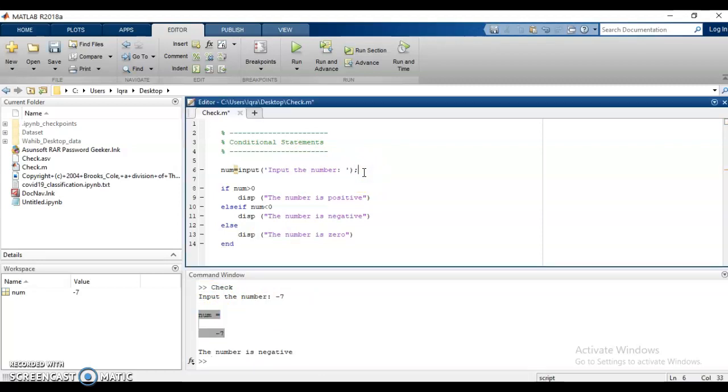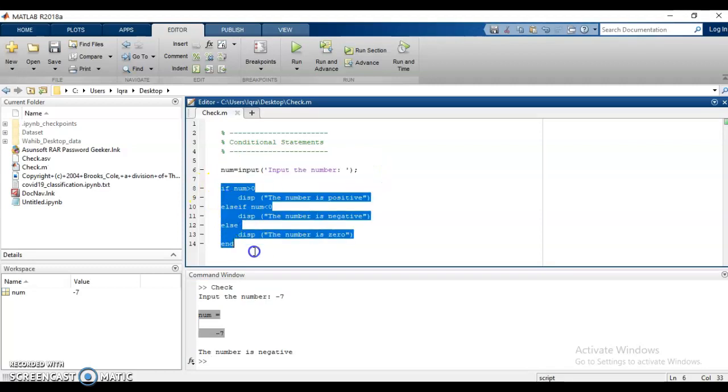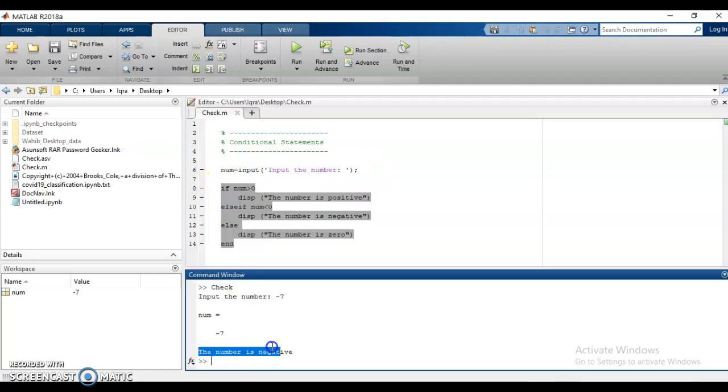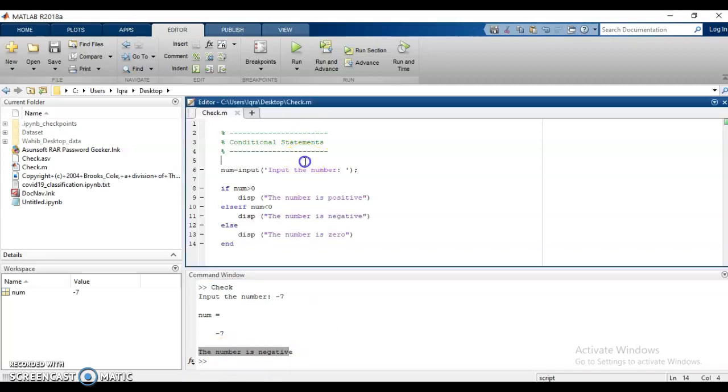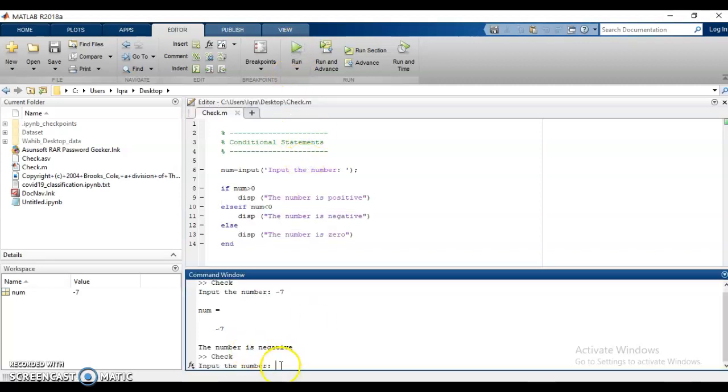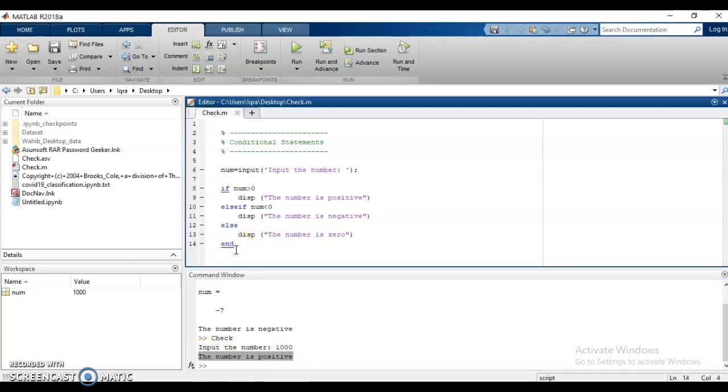Because I have not placed a semicolon here. If I place a semicolon here, it's not going to display the num value. It's only going to make a decision and give me the final result that the number is negative or positive or whatever. And if I run it once again, and this time let's say I enter a number 1000, it simply tells me that the number is positive.